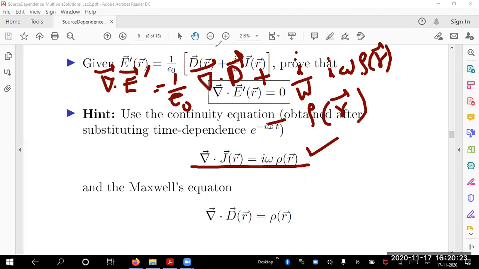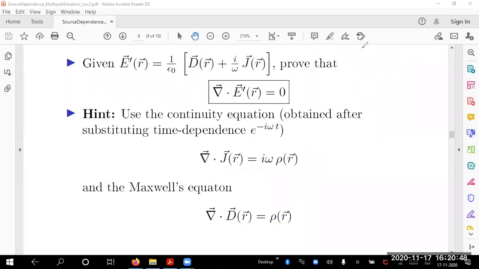So what is divergence of D? What is divergence of D? Maxwell's equation. Anybody? Rho, ma'am. Divergence of D is del dot D equals rho, not rho. Okay. So I get rho of R minus rho of R. It is 0. I have indicated to you how to prove that divergence of E prime